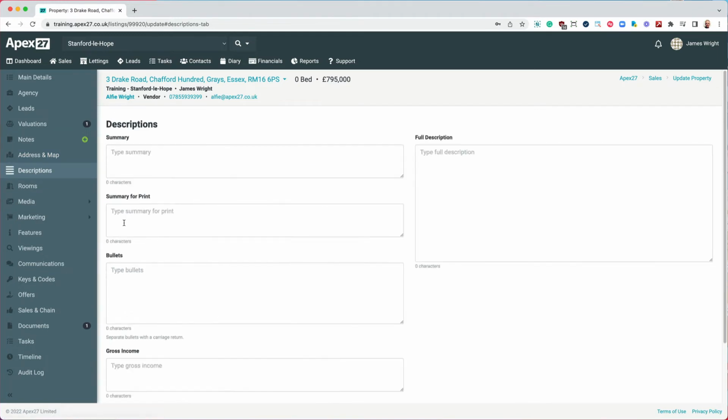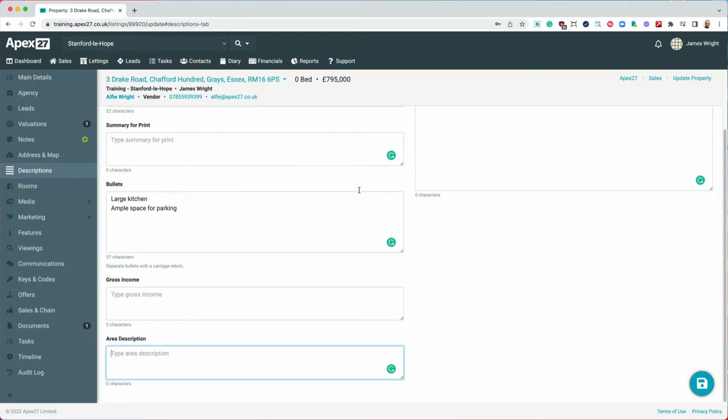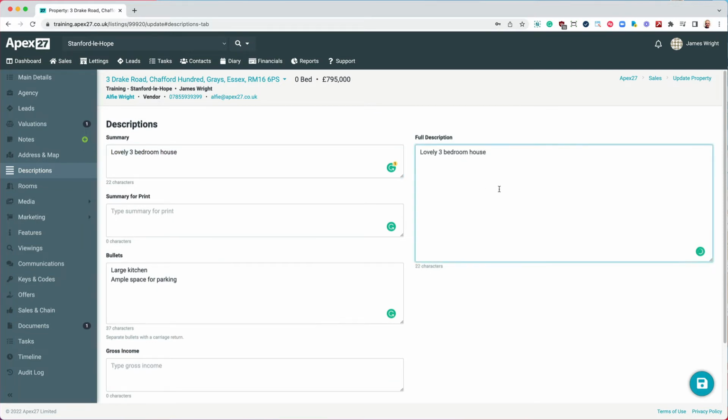The descriptions, this is where you would type in your property description. So for instance, we can type in a quick summary, lovely 3-bedroom house. We can do our bullets, so you know, large kitchen, ample space, parking, and we can basically type whatever we like there. And then our full description, we can just type in a little bit of blurb there as well. So I can just copy some of this. Lovely 3-bedroom house, first to see or buy, and you can enter as many characters as you like for the